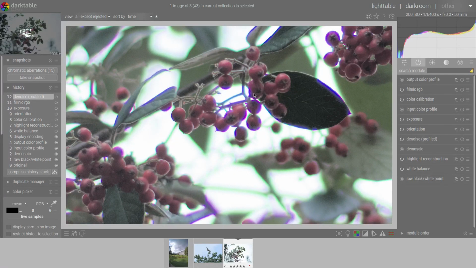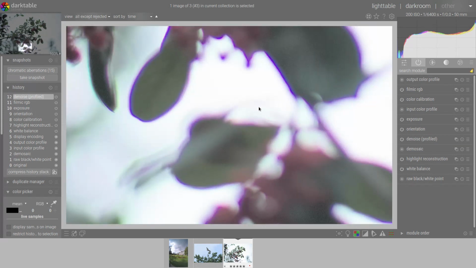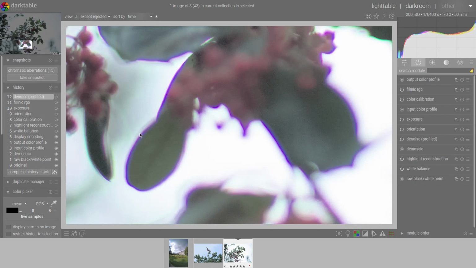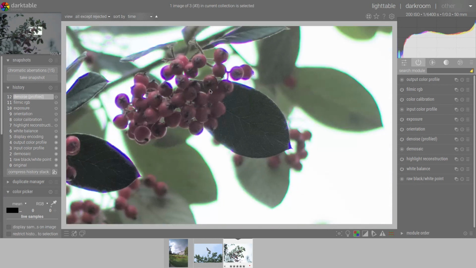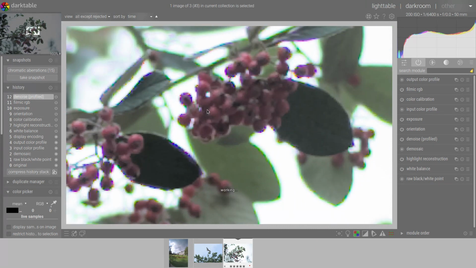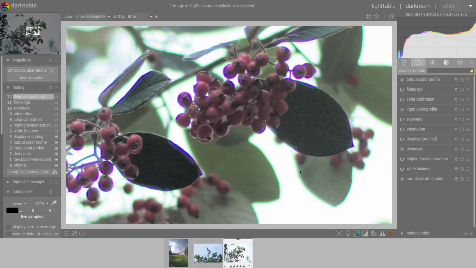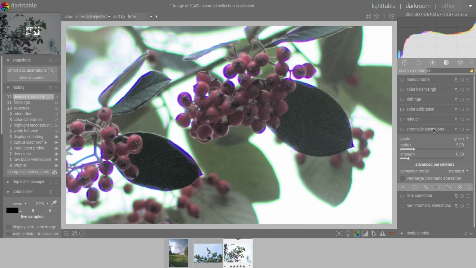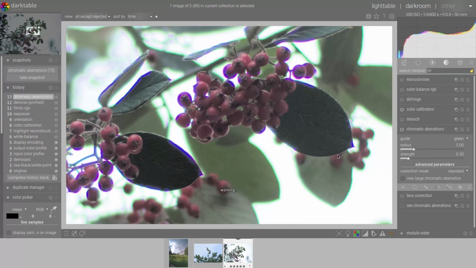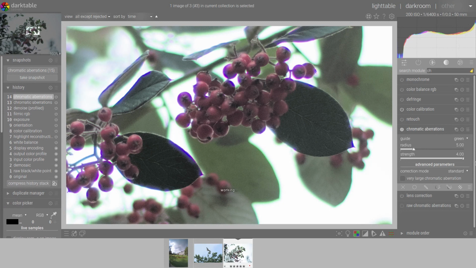It's a kind of aberrations where lens correction won't do anything. So we can see that it's a complicated image, which was shot on purpose to illustrate the chromatic aberration module. And we'll see how it can handle it, but it's a really hard image for the module.